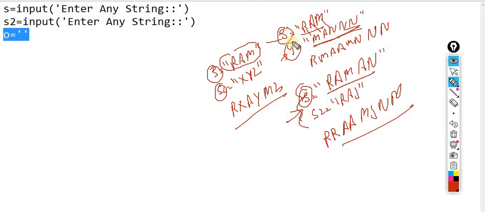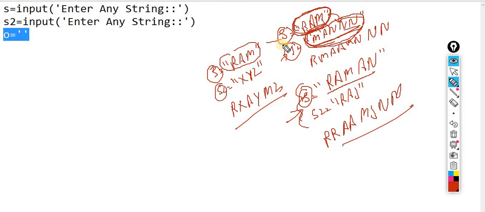That means I have to make a condition something like this: if the length of this one or the length of this one. I have to take care of these two, the length of this one or the length of this one. So I have to keep all these things in mind before proceeding, because both conditions can happen. I have to iterate through.